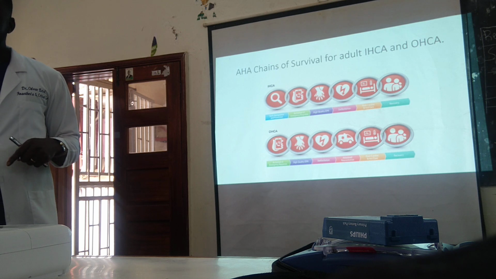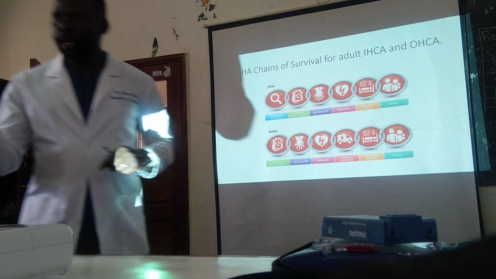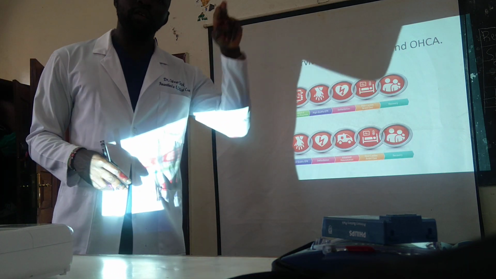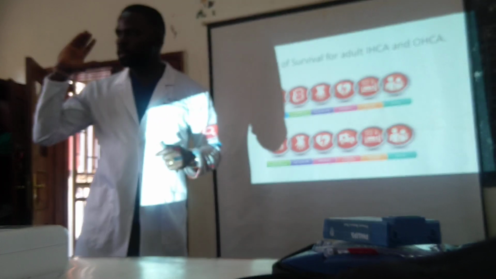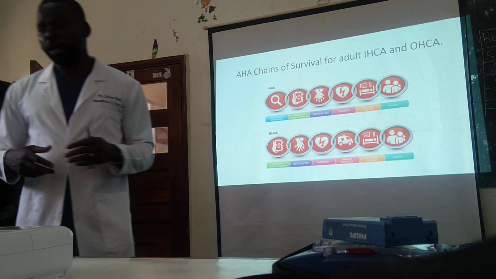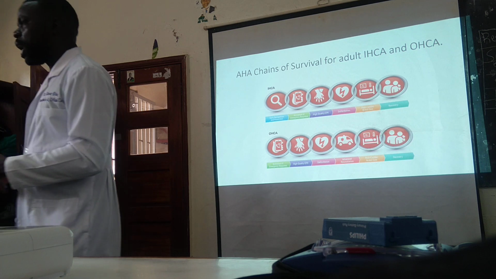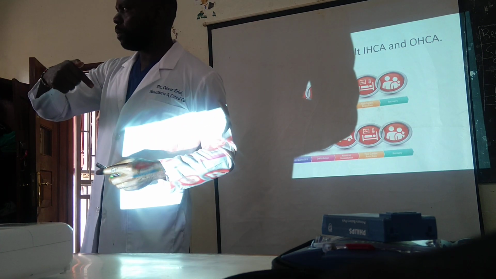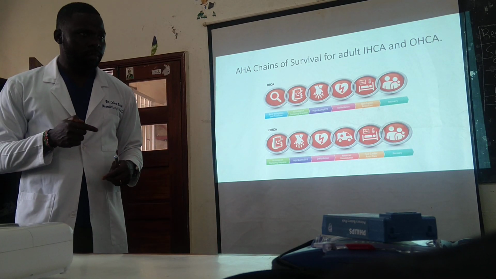After that, if it is still shockable, you shock and then prepare your second dose of amiodarone. But this time round, you halve that to 150 milligrams. Your second dose of amiodarone is going to be 150 milligrams. And that is how you manage shockable rhythms until you revert back to sinus rhythm.